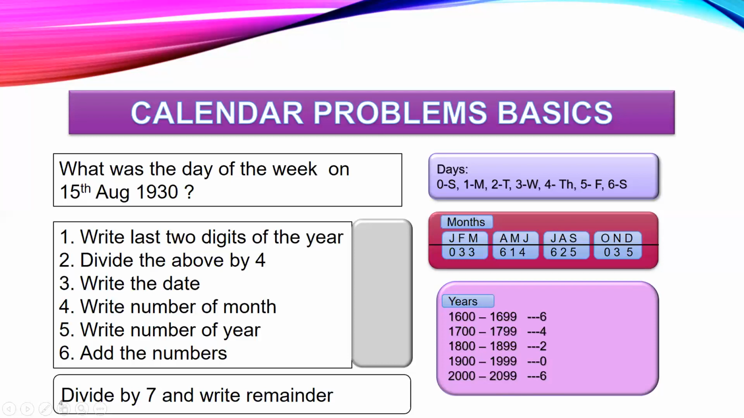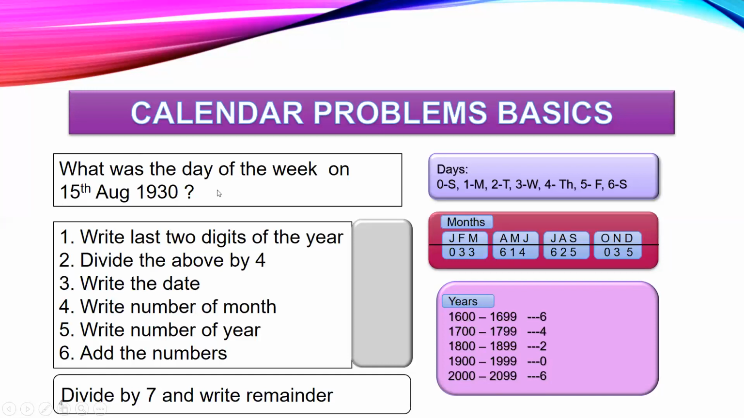So our formulas are going to work for any year from 1600 to 2099. Okay, so let's come back to the question. What was the day of the week on 15th August 1930? So here, what is the first question? So we have to write down the answers for these 6 questions in order to get the answer for the